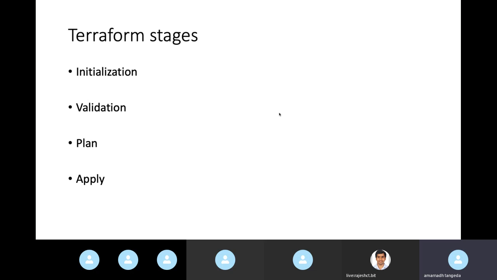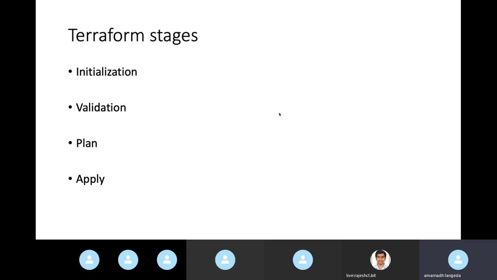Hope you remember, maybe two or three slides before, we talked about the provider and resources. I choose AWS as my provider. Terraform, as I said, is a single executable file. It needs plugins to operate for the cloud. Terraform doesn't come with any plugins. It doesn't support AWS or Azure in the initial stages. So we need the required plugins to be downloaded. If I use provider as AWS, then Terraform automatically downloads the AWS required plugins. Why do I need those plugins? The plugins have all the resource information.